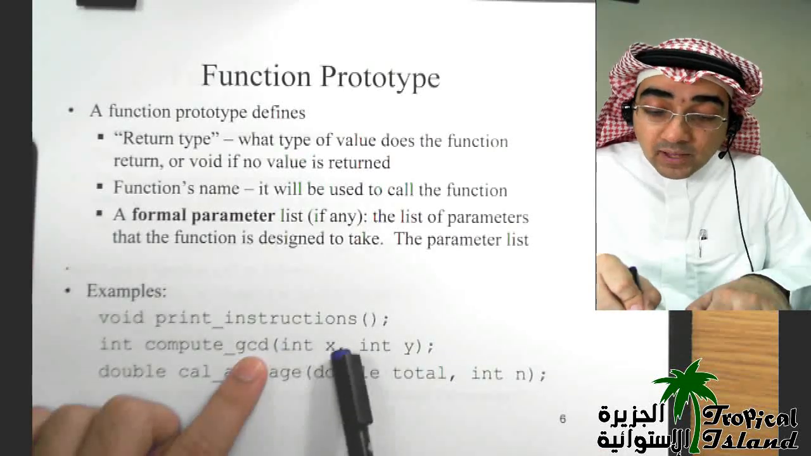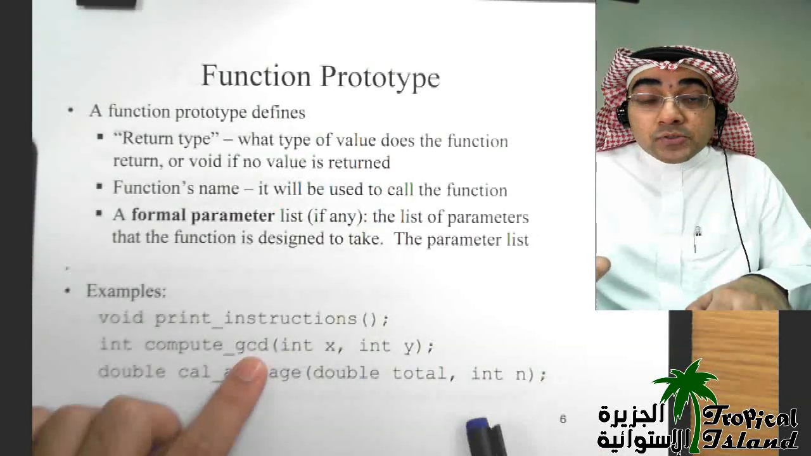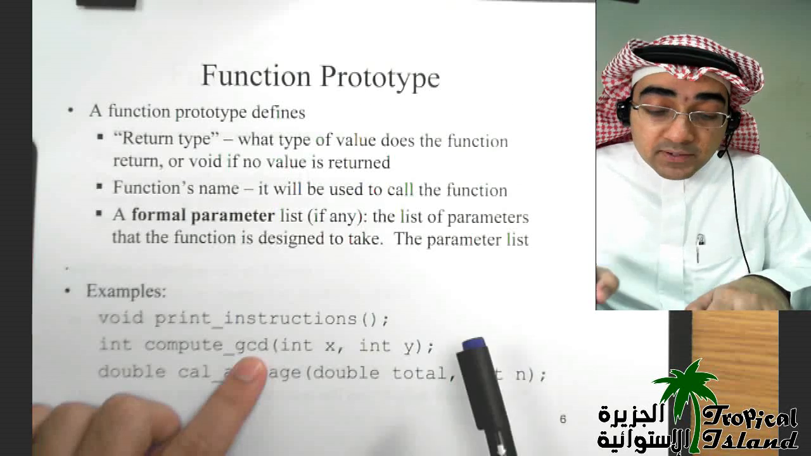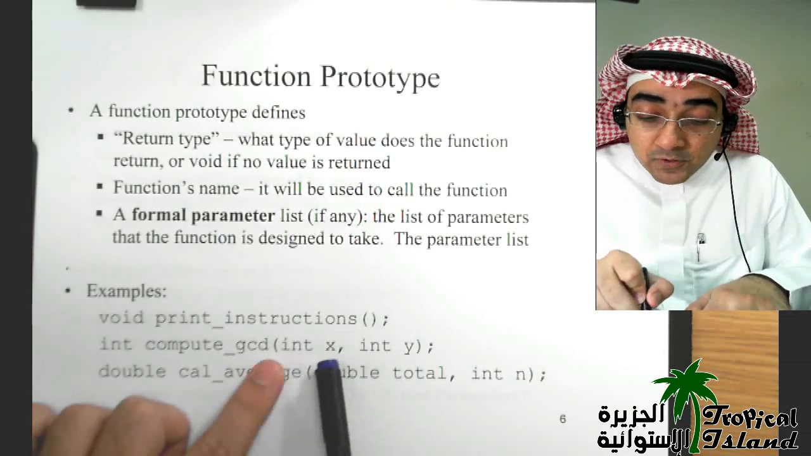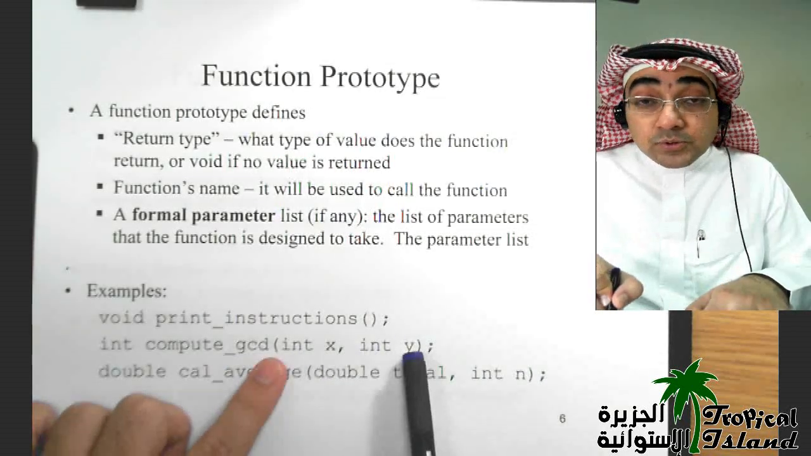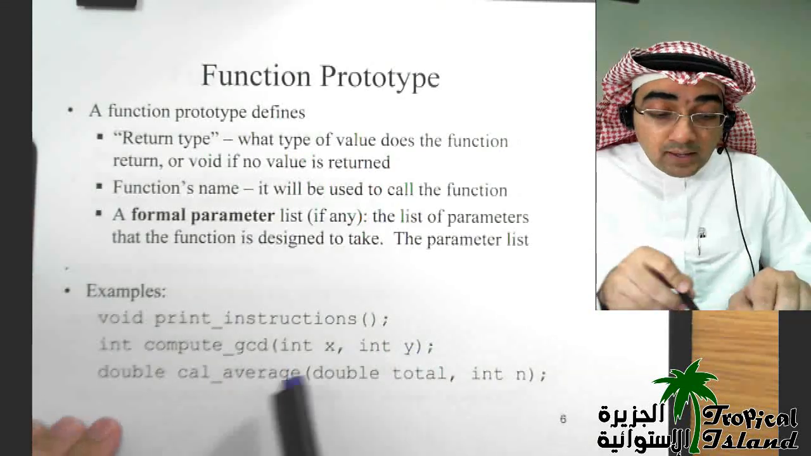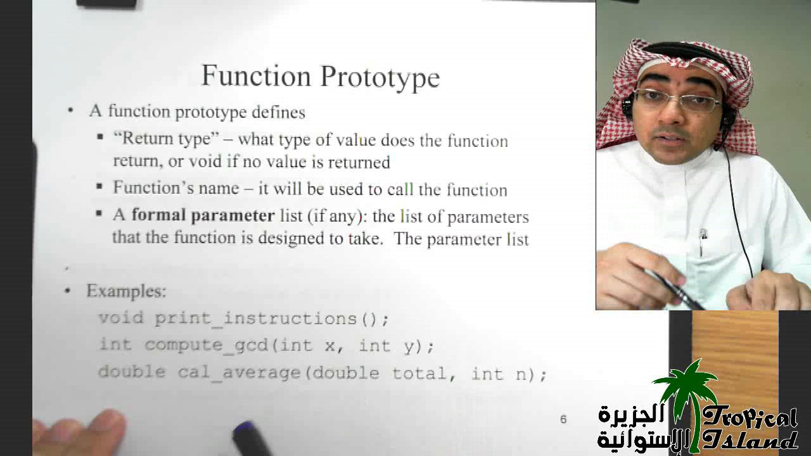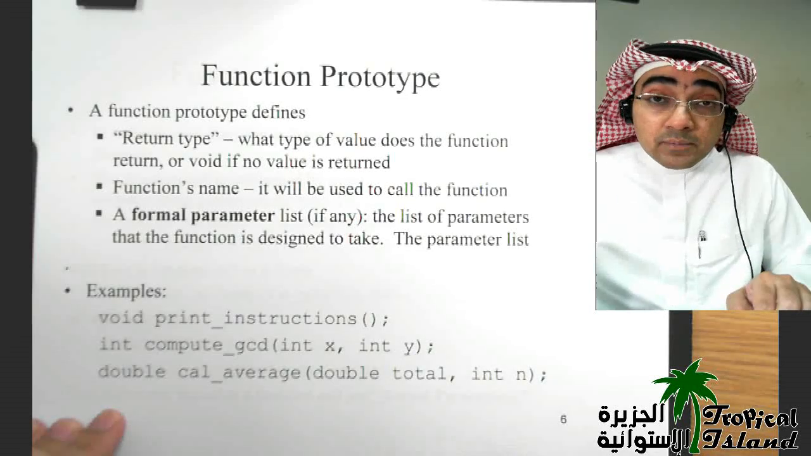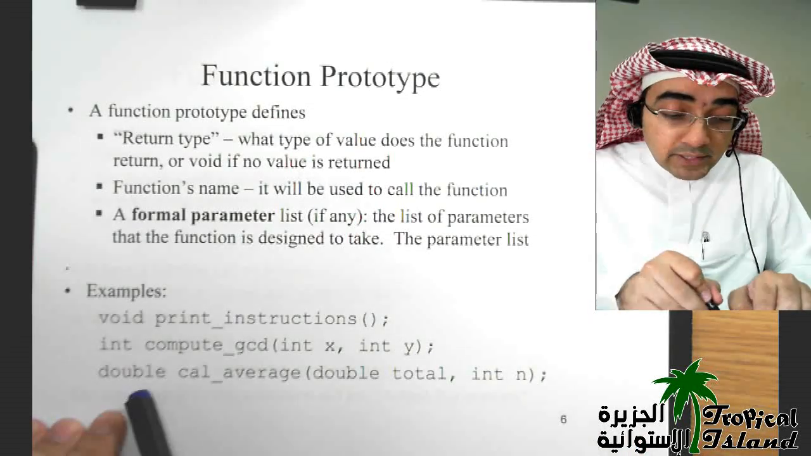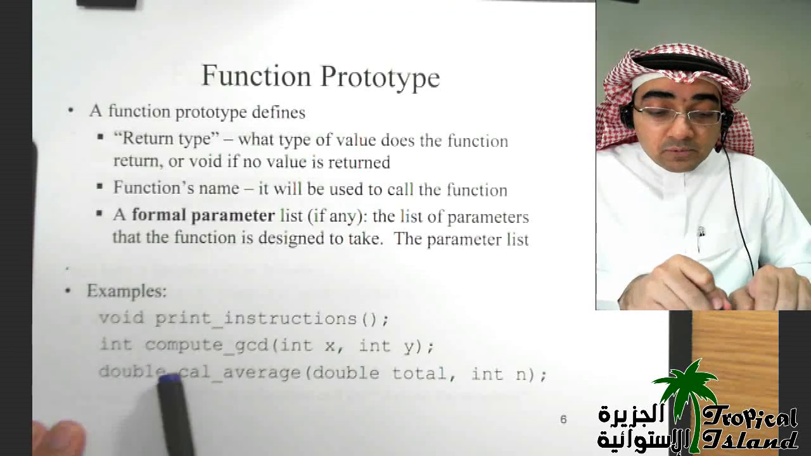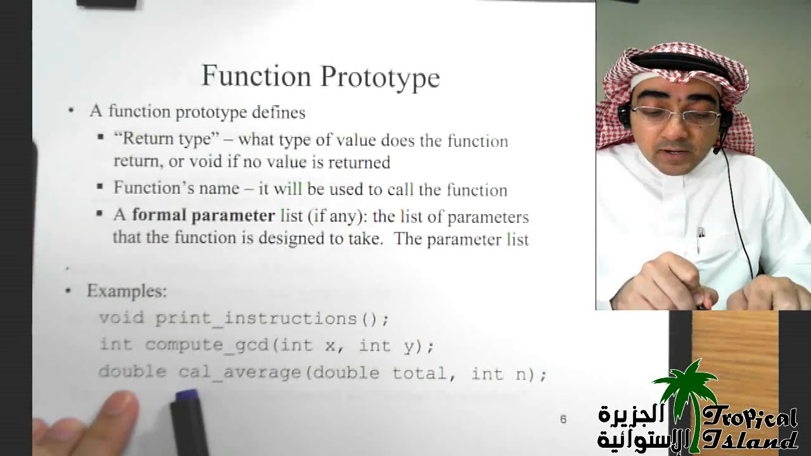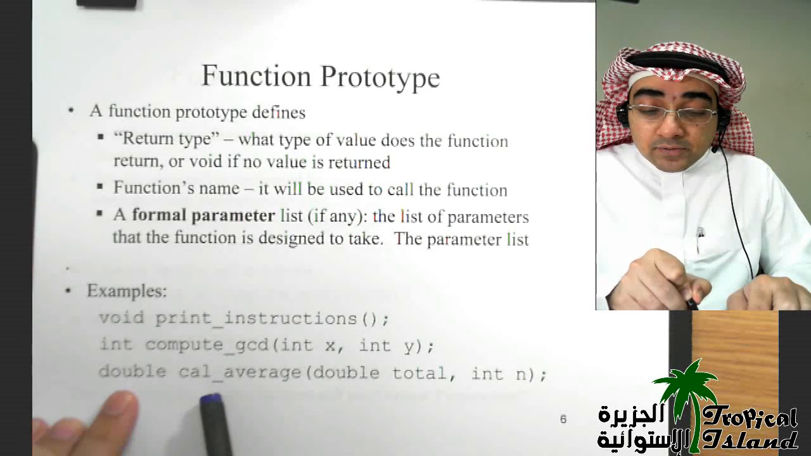So I have to declare the type of the input parameters that the function is expecting. So it's expecting the first input to be an integer, and the second input to be an integer. Okay, and here's a third example where the output is a double. You can have output as a character, as a double, as an integer, or any other type that you have learned till now. Okay, so in this example we're using a double, and the name of the function is cal